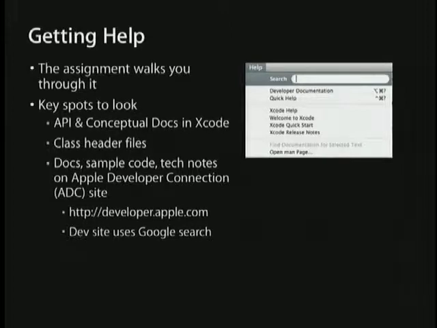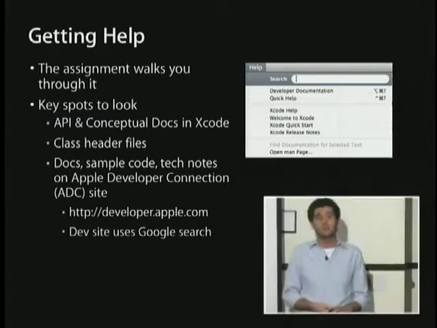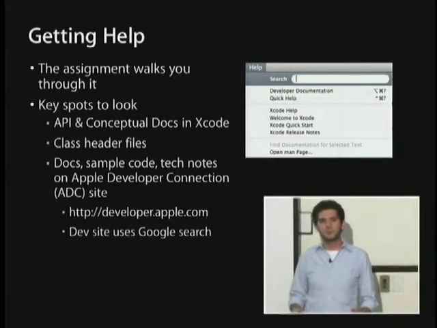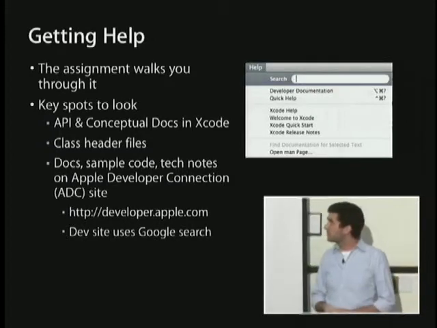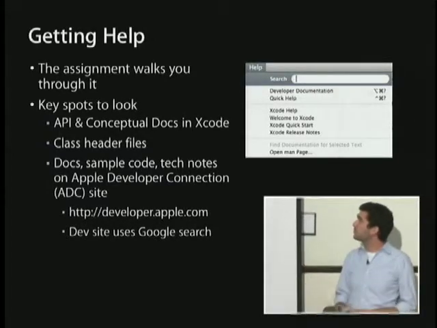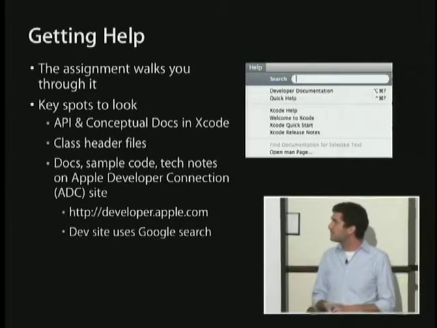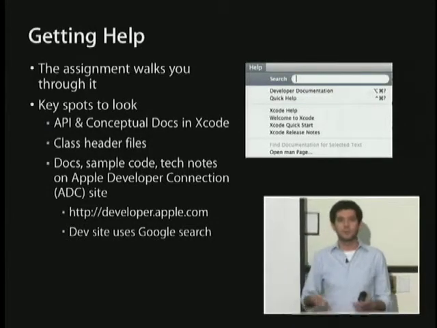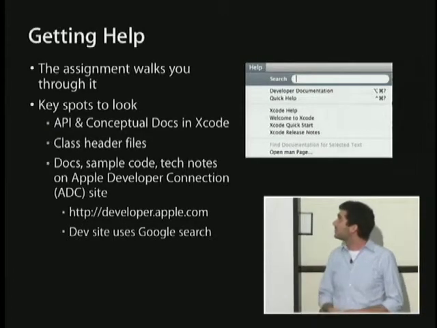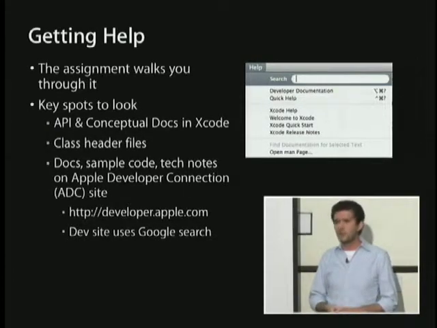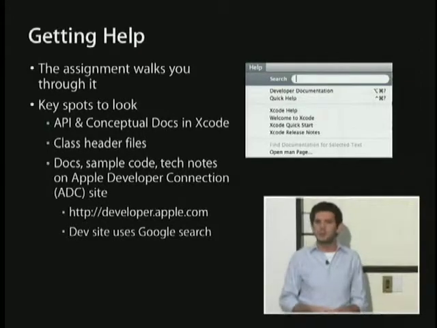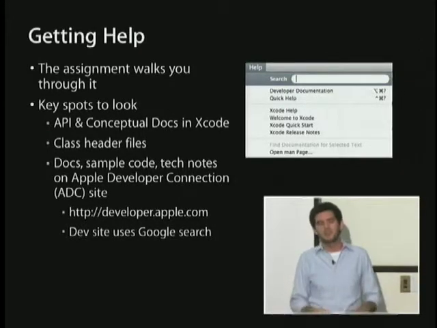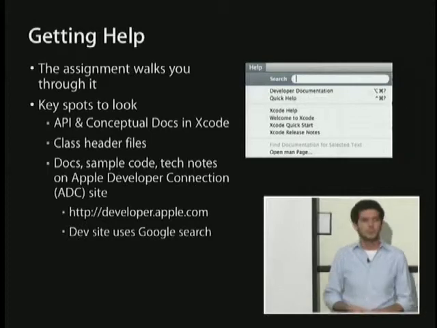All right, so the first assignment walks you through a bit of getting help and getting started. As Al mentioned, we don't actually have a textbook for this class. We're going to work off of the Apple developer documentation. It's pretty rich and includes a lot of information. So here's a quick, brief overview of where you can get to some of that. If you go to the Xcode Help menu, it actually has a whole bunch of it right there for you. The first thing in the menu is the developer documentation. You click on that, and you get a whole browser full of a lot of the documentation that's available offline on your computer.